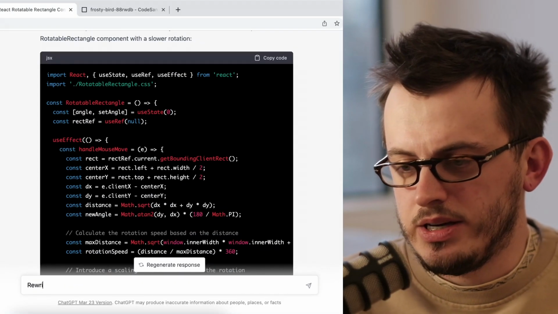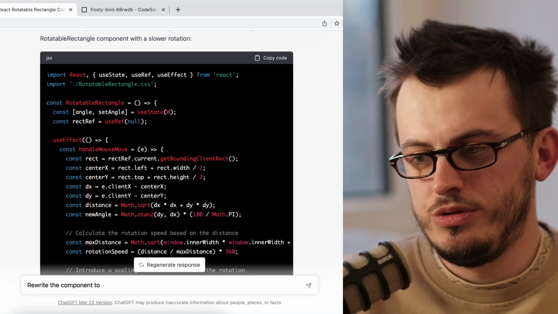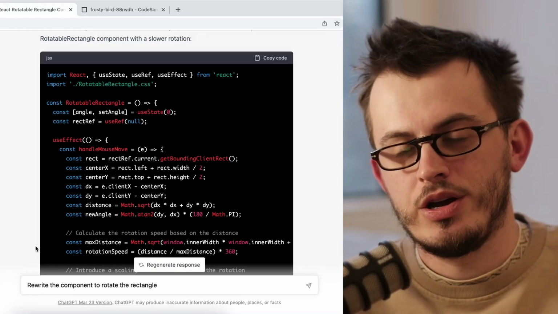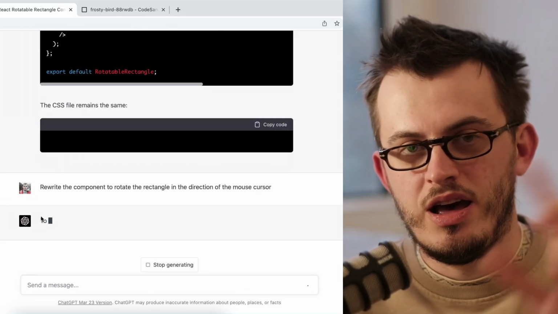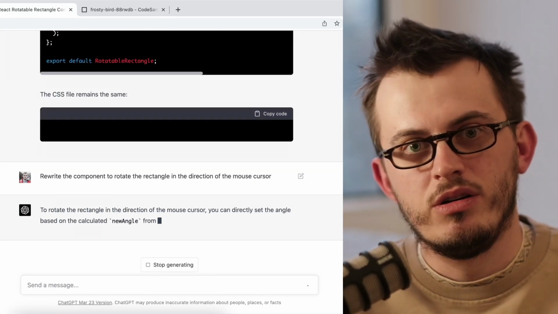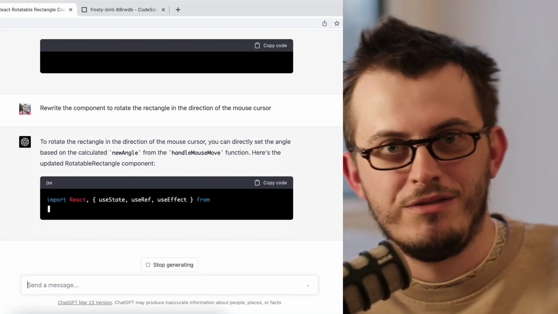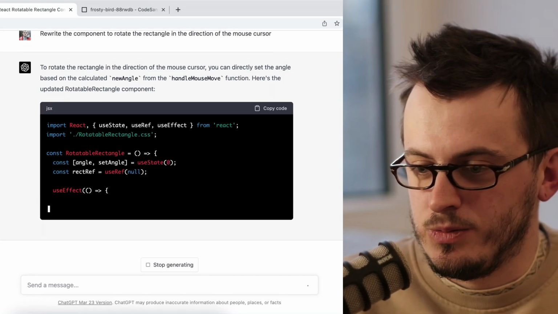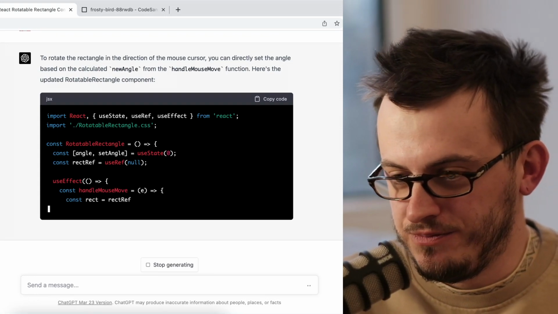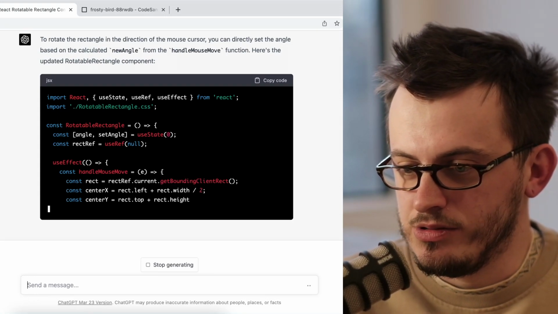I think as the next step, it would be good to rotate the block in the direction of the mouse pointer, right? So if it's going down, then rotate it left. If it's going up, then rotate it right. If it's going left, then also left, and to the right, to the right. Because we want a UI to be predictable, right? Cool.